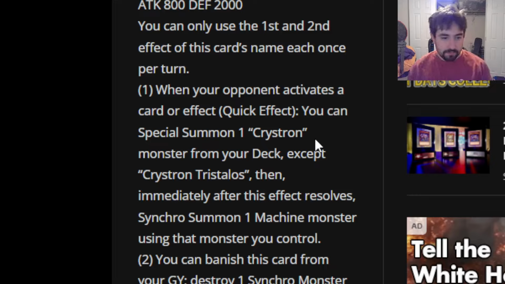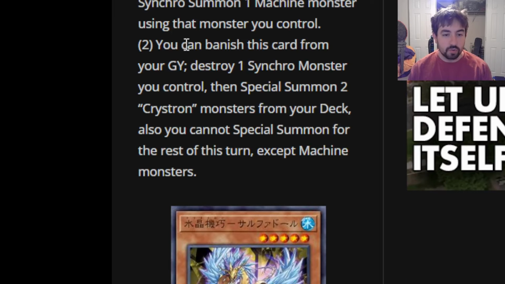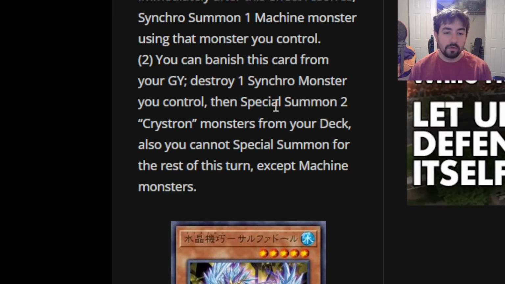Second effect, you can banish this card from your graveyard to destroy one synchro monster you control. Then special summon 2 CRYSTRON monsters from your deck. Also, you cannot special summon for the rest of this turn except machine monsters. That actually seems crazy, because I'm pretty sure all of the synchros in the archetype say if they're destroyed, summon back from grave, summon a monster from banish, and I think there's even one that summons from deck, but that's